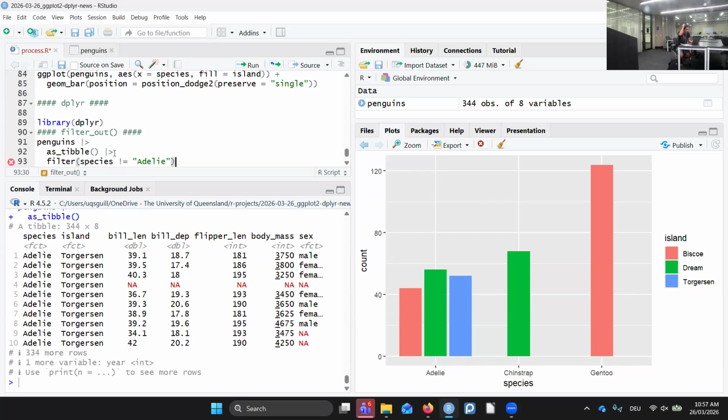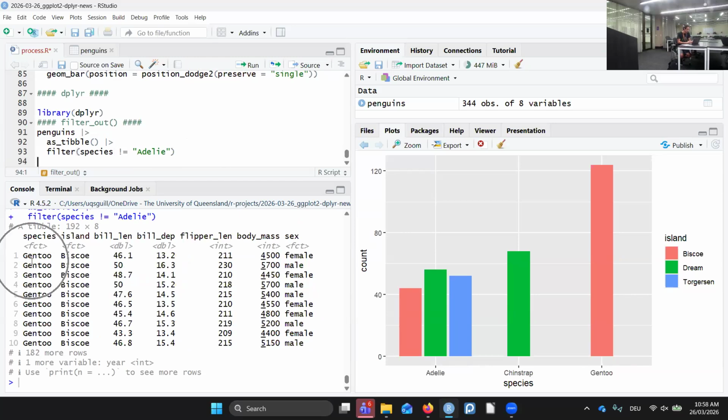Exclamation point equal is different to, and that should work and remove the Adelie species from my dataset, and you end up with a smaller dataset of 192 rows. And that's okay, but in some cases, it's more intuitive and less likely to produce the wrong result,